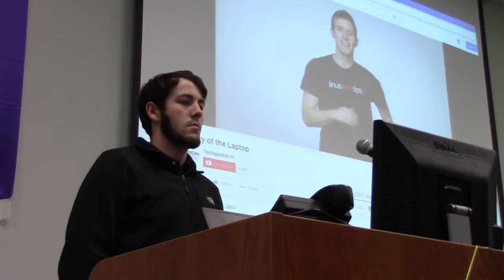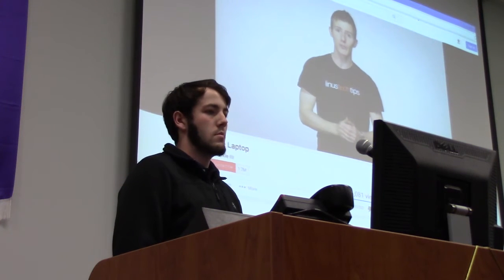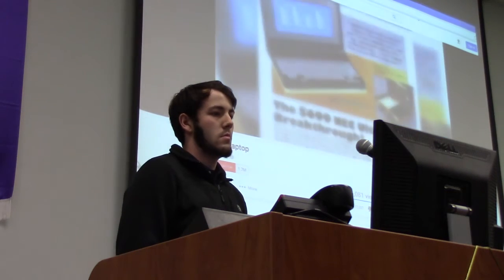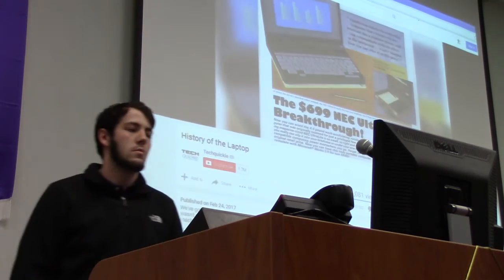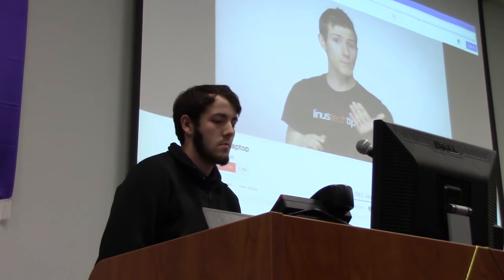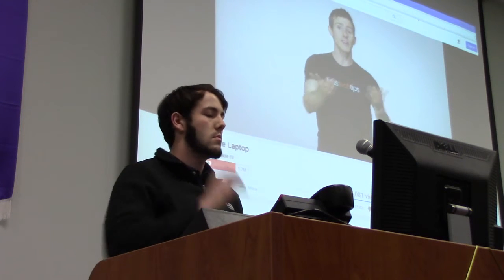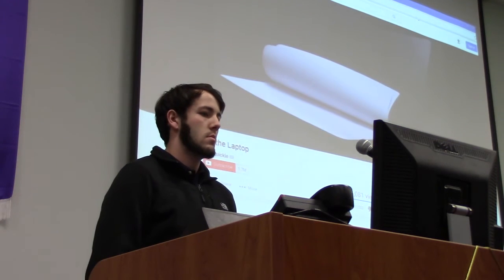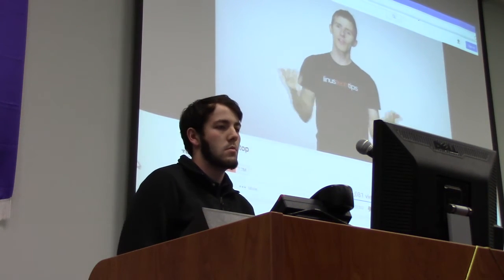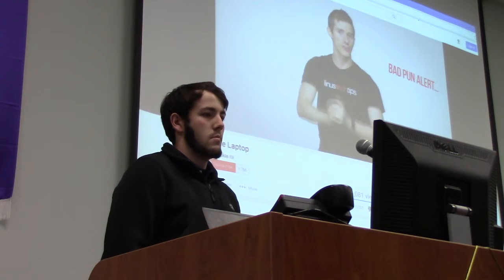Falling prices and at least passable portability meant that laptops quickly became popular among business users toward the late 1980s, and in 1988, the world was introduced to the NEC Ultralight, weighing just over 4 pounds, boasting a thickness of only 1.4 inches, which would actually put it in the same ballpark as some modern machines. Indeed, the Ultralight is often credited with being the first laptop in the world to be called a notebook due to its compact size. However, the Ultralight was still criticized for being relatively light on features, and we didn't see